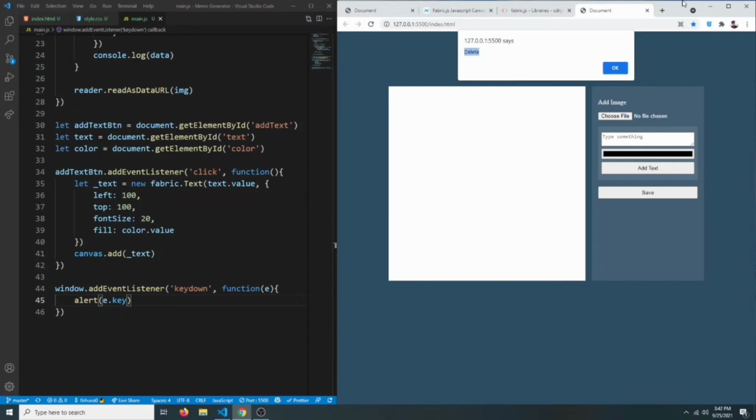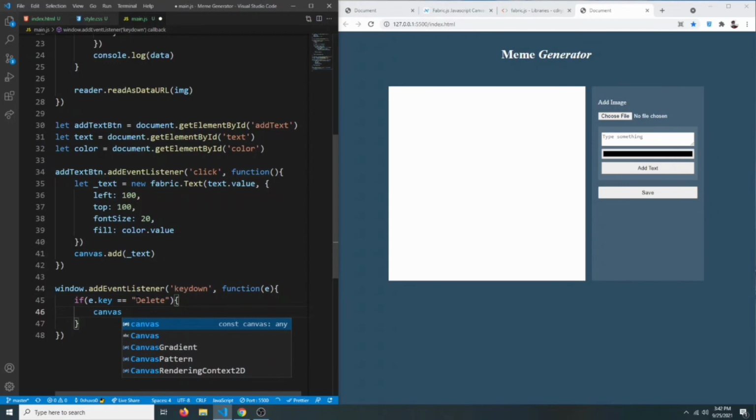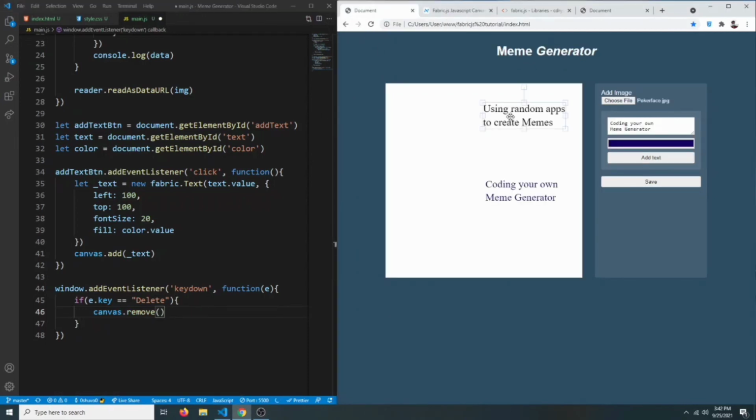And let's copy this. So now we can say if e.key equals the delete button, we're gonna say canvas.remove, and we're gonna remove the object that is selected. So for example, if we select this one and click delete, this one should be deleted.